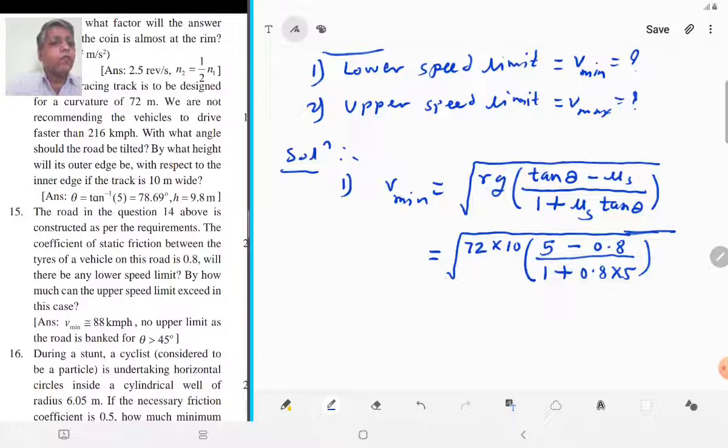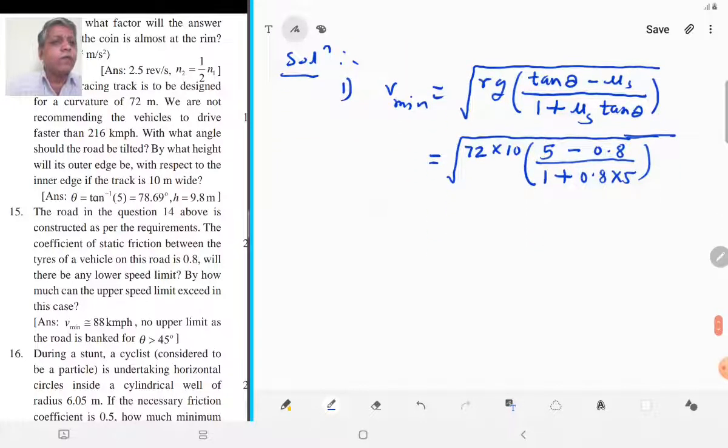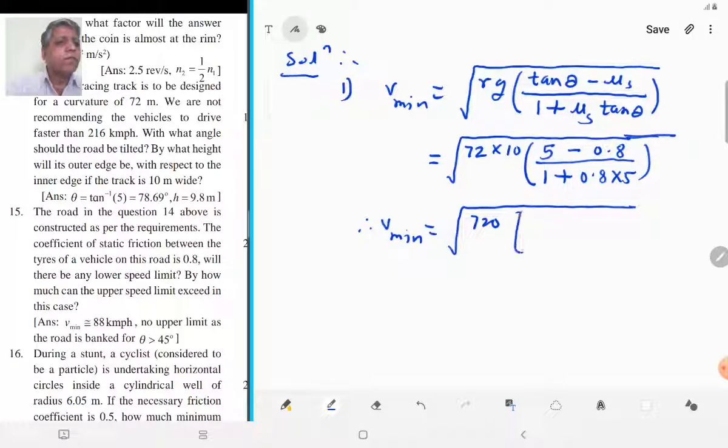Therefore, the lower speed limit V minimum is equal to square root of 72 into 10, that is 720, into bracket 5 minus 0.8, that is 4.2, upon 1 plus 0.8 into 5, that is 4.0,